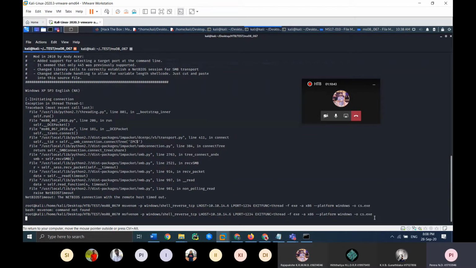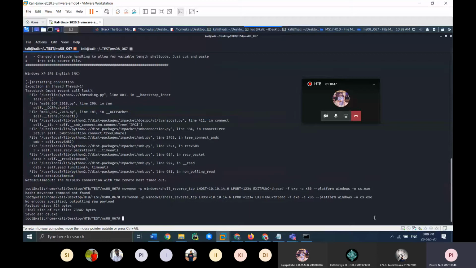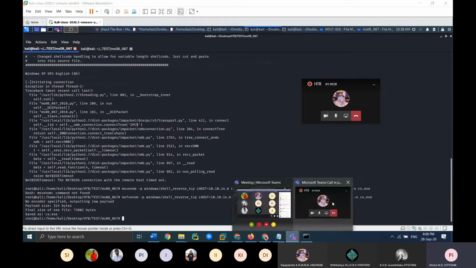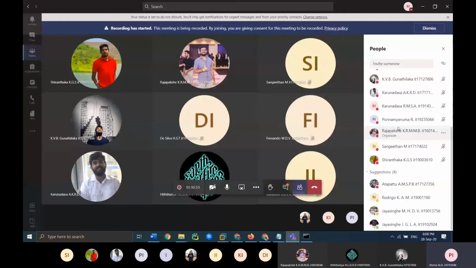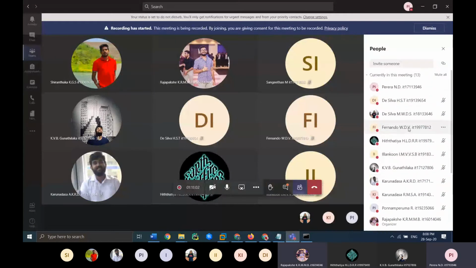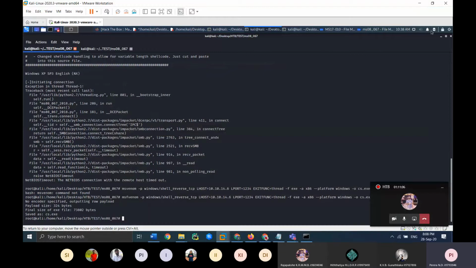So you will be getting the malicious exe. No encoder specified, so I have not encoded anything. You have encoders as well, guys. There is an encoder called Shikata Ga Nai. It's a popular encoder. You can use that as well if you are concerned about security and everything.